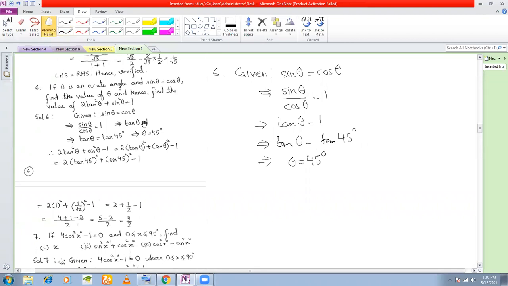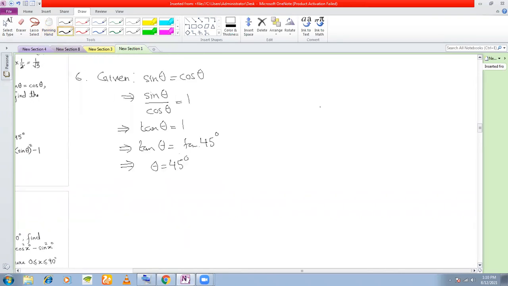Let me tell you. You do not cancel tan on both sides, or sine on both sides, or cos on both sides. If you have tan theta is equal to tan 45, you will see later, after 2 years, that theta can be written as tan inverse tan 45. And tan inverse and tan nullify each other and then you get 45 degree. So that is why we do not cancel here. Now you don't need to write this one, but that does not mean you will cancel. Okay. Do not cancel tan on both sides.